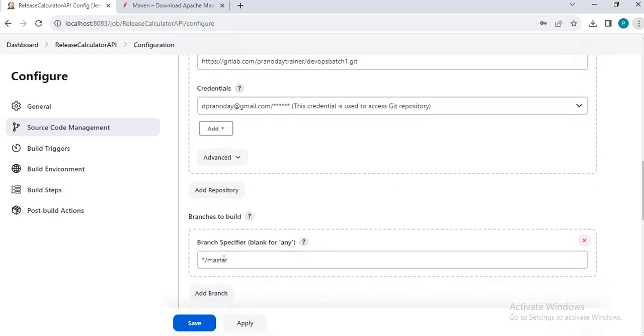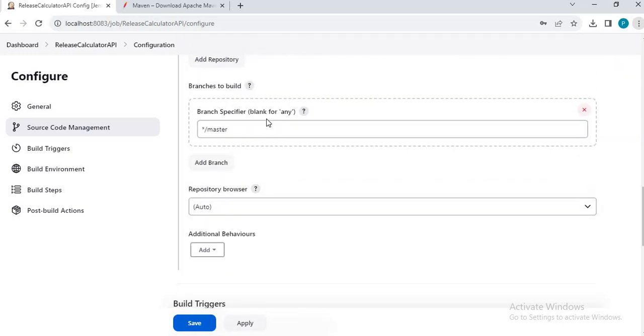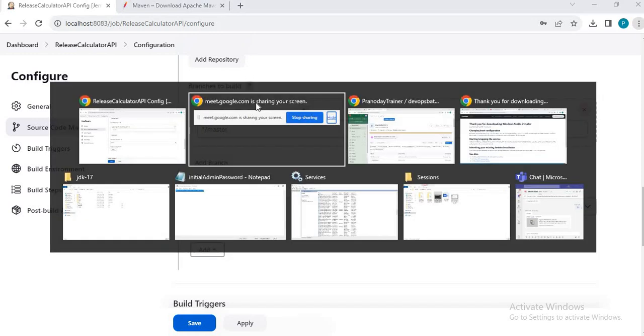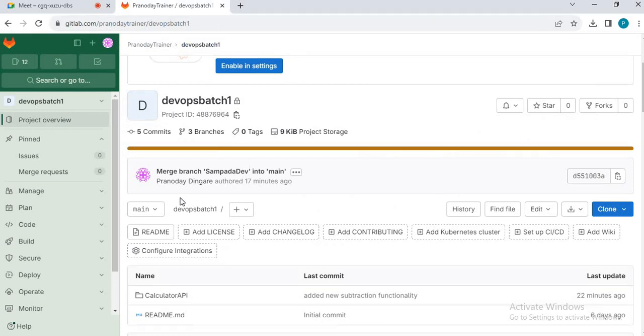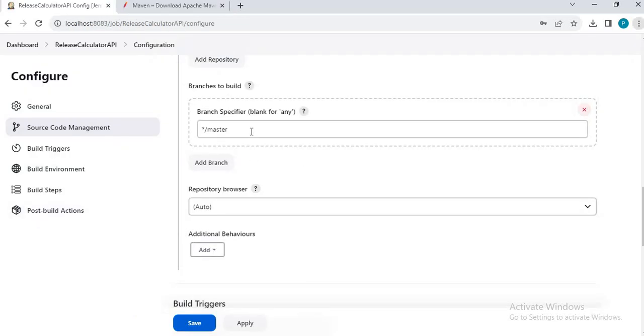Now let's scroll down and see here. We have which branches to build, meaning which branch it should take and create the build from. So in our branching strategy, we are going to merge all our changes into the main branch. As soon as there is a change there, we want to create a build from the main branch. Currently this job we are going to trigger manually, but soon we will convert it to be triggered automatically as soon as there is a merge into the branch. So here our branch is main.